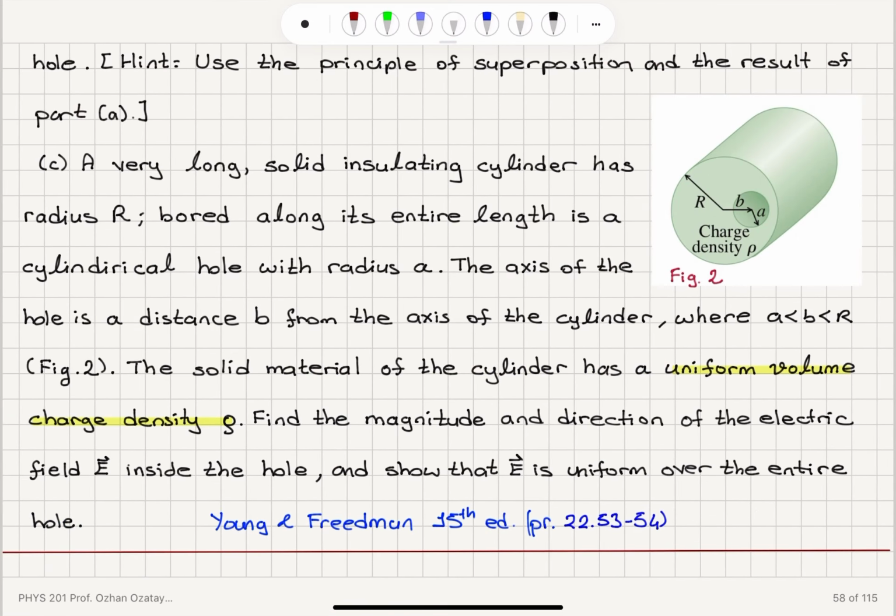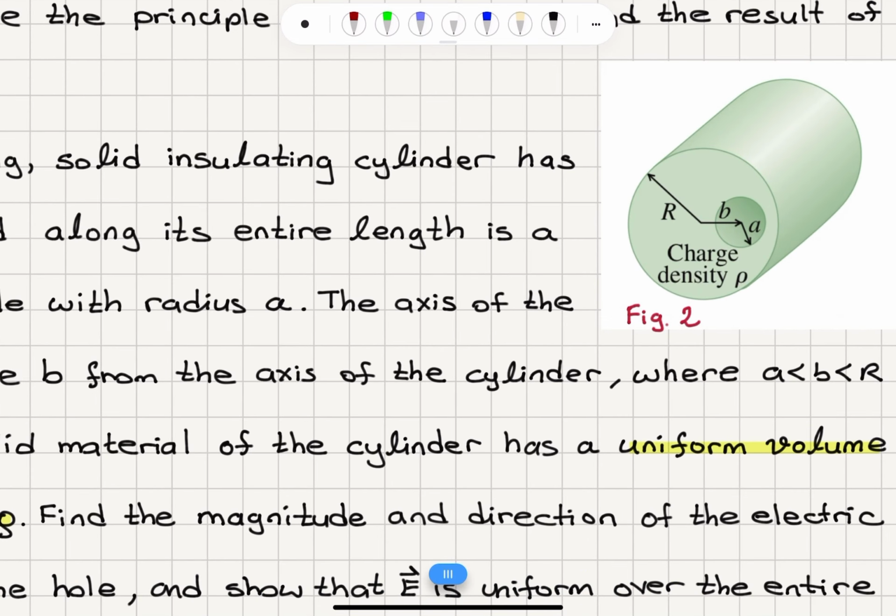If you place this cylinder at the center, so that b is equal to 0, that coincides with the central axis of the full cylinder, then you would have 0 electric field inside. Why? Because the positive contribution and the negative contribution from this cylinder would cancel out, and you would have 0 electric field inside this hole, which is expected because if you take this cylinder here and then take a Gaussian